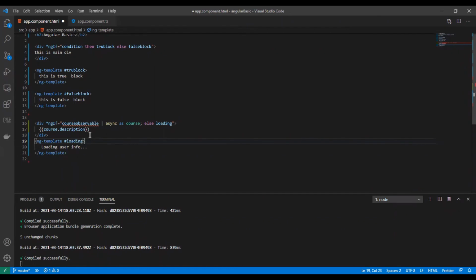So for example, we have a service which is providing us a list of courses, and we are subscribing to that observable list of courses. Based on whether the result is there or not, we want to display it. Until the results are displayed, we want to display a message to the user, like loading user info or loading course